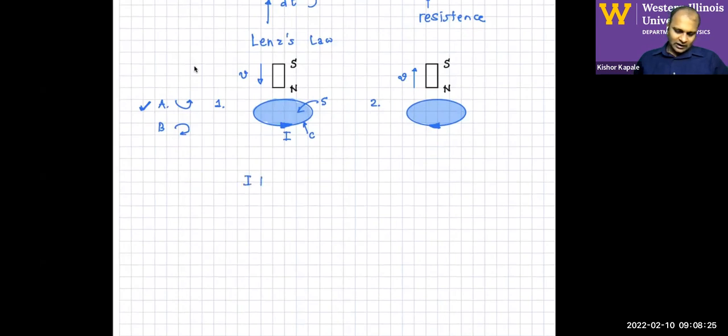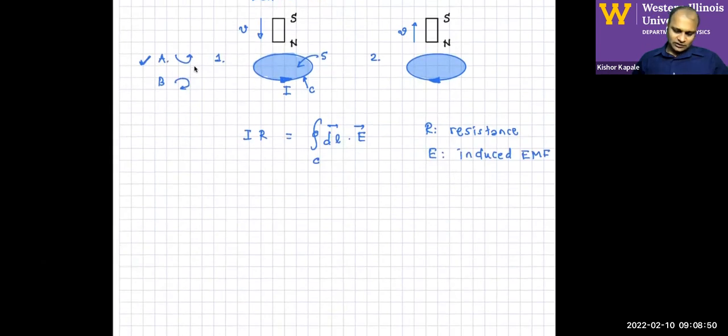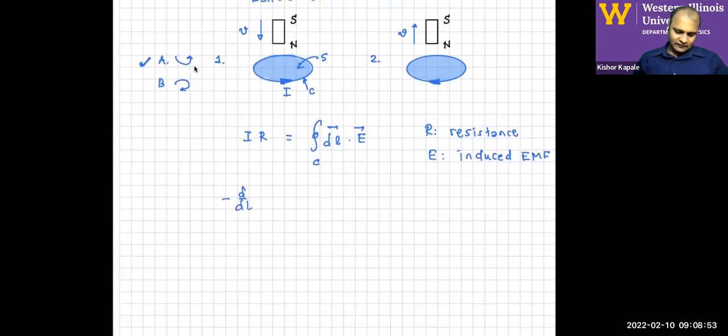I and R that we had in the previous relation, I'm going to explicitly write that down in electrostatic terms. It is essentially the line integral of the electric field along the direction of the loop. R is the resistance. And E is the induced EMF. Okay, so then we can relate this time derivative of the magnetic flux, ds dot B, is going to be equal to the contour integral. So that's where the S and C are coming from. Contour integral of